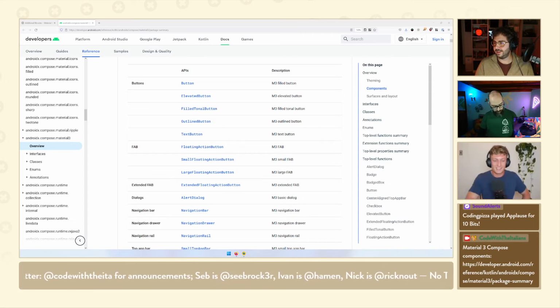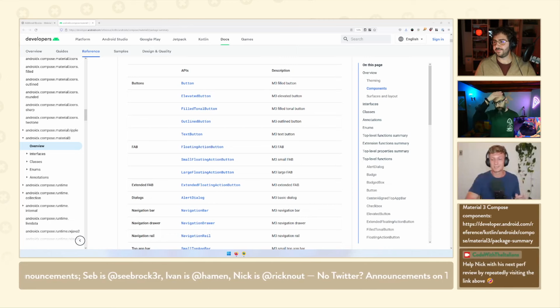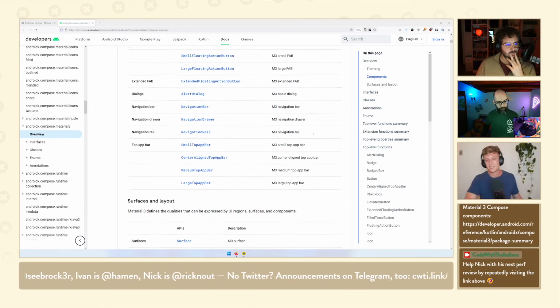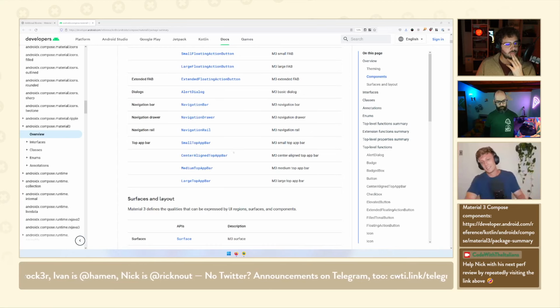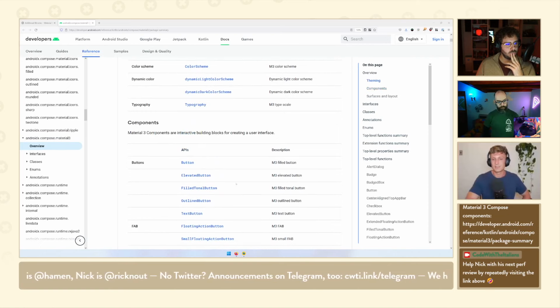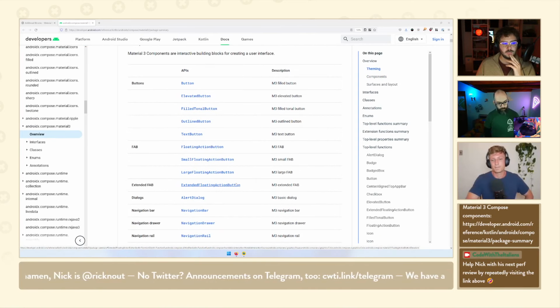Yeah, but anyway, that's a high-level overview of what's currently available. There's a views library, there's a Compose library, and in those should be a relatively one-to-one mapping of what you see on m3.material.io. That's going to change as time goes on, because that spec is going to change and it's going to filter through as updates to the libraries and the various views and composables in them. But yeah, that's pretty much it.